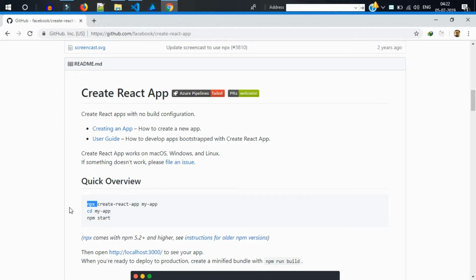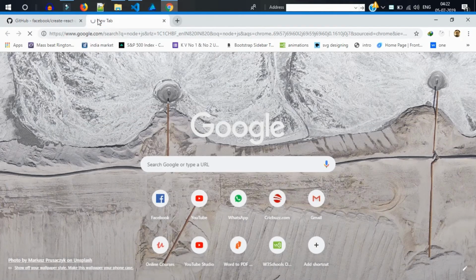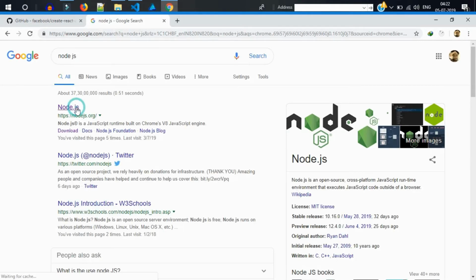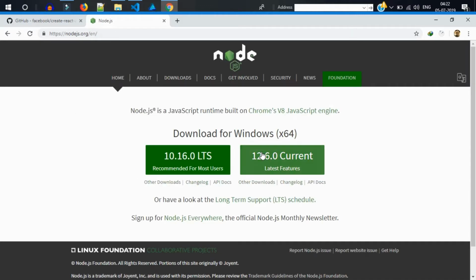To install Node.js, search for Node.js in Google and click on the first link. It will redirect you to the Node.js homepage. Download Node.js from the homepage and install it on your machine. Once you are done with Node.js, open your CLI or command prompt